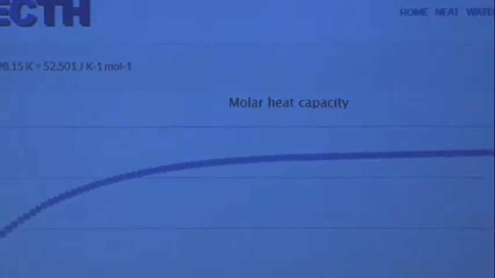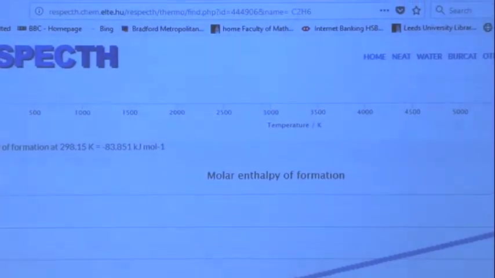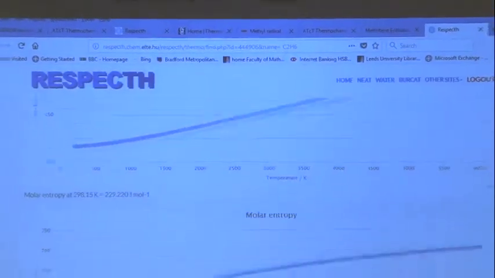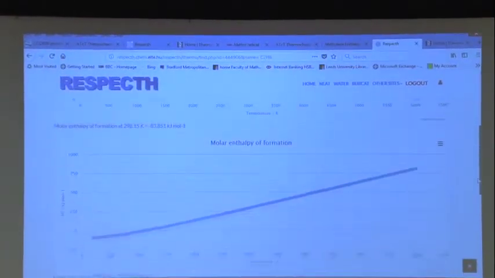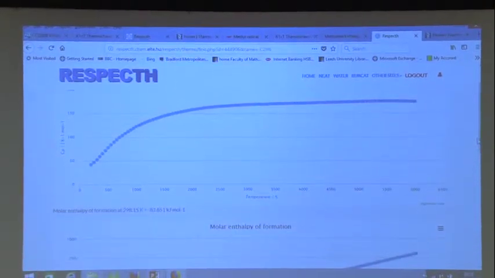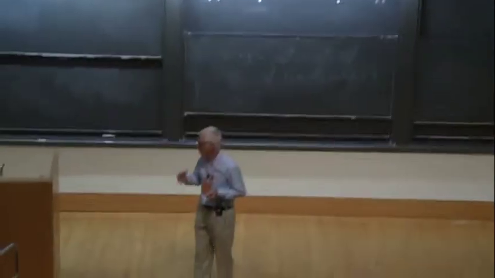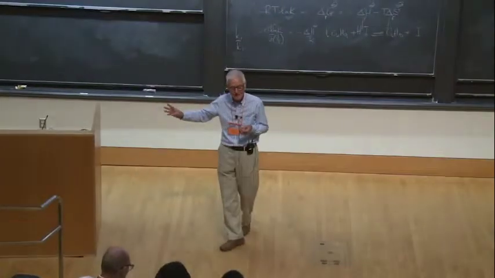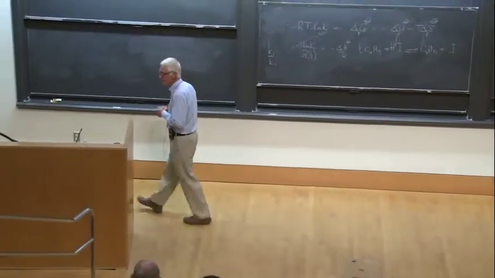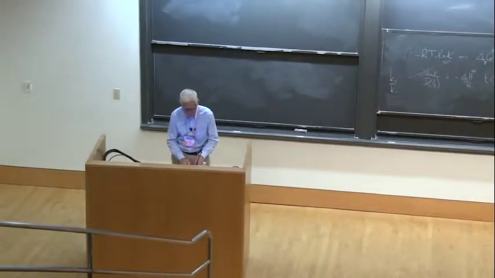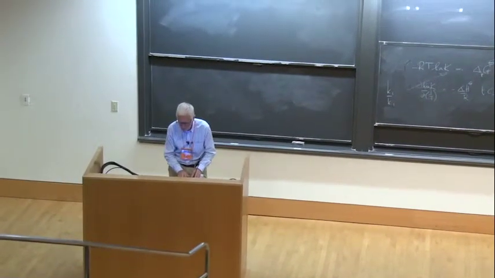And then if you scroll down, you also have the enthalpy of formation and the entropy. So you can get the parameters that have been used to calculate those by going to Burcat's site, or it's really quite nice and useful to go to this site and just be able to look them up at a specific temperature. You might have to interpolate, but